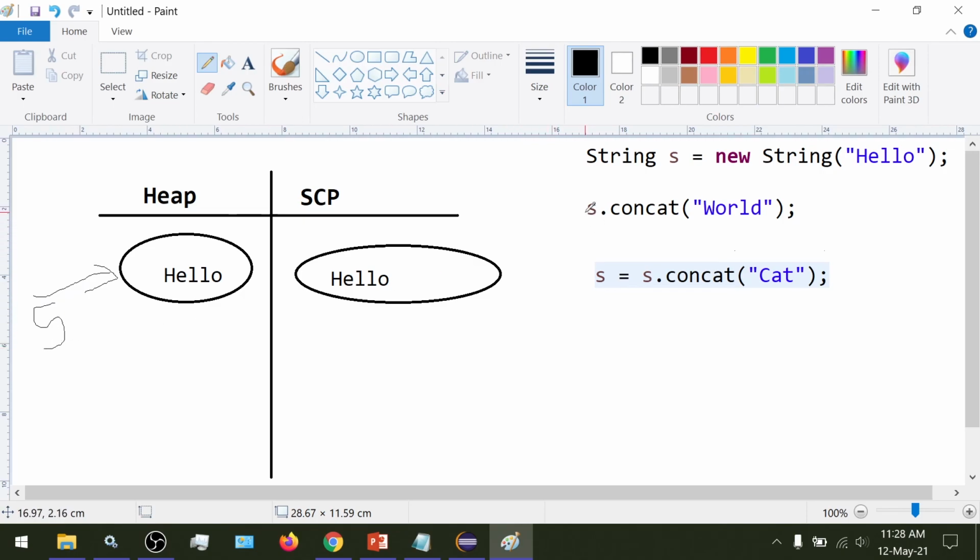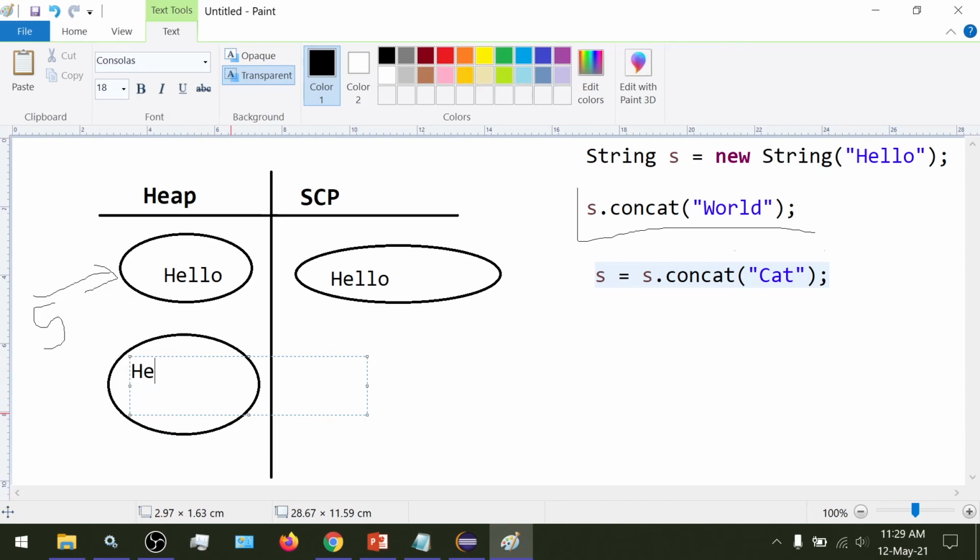Then we come to the second line, s.concat("world"). So we have s which is hello, and we are concatenating world to it. A new object would be created inside the heap with the content hello world.